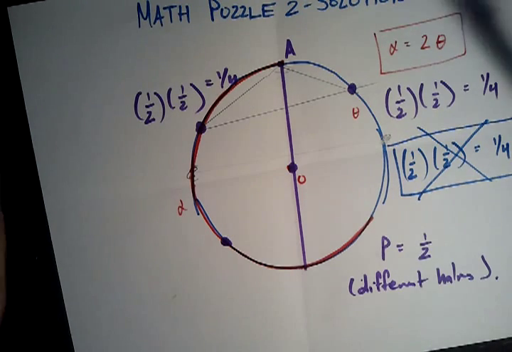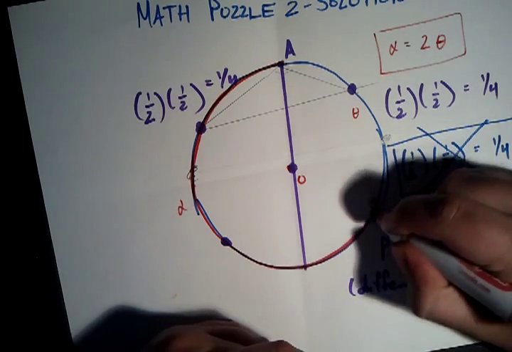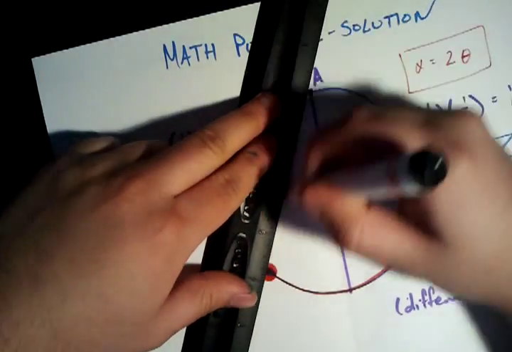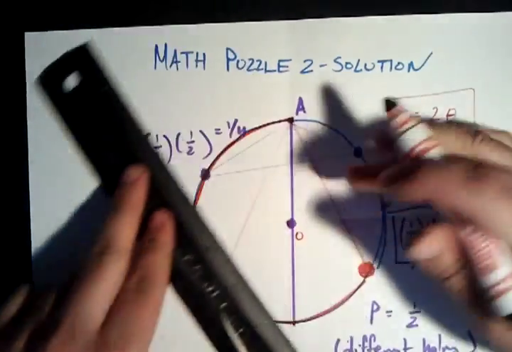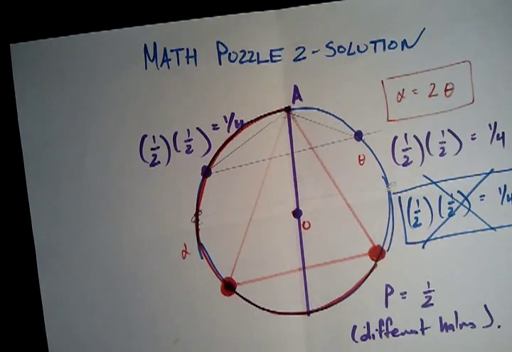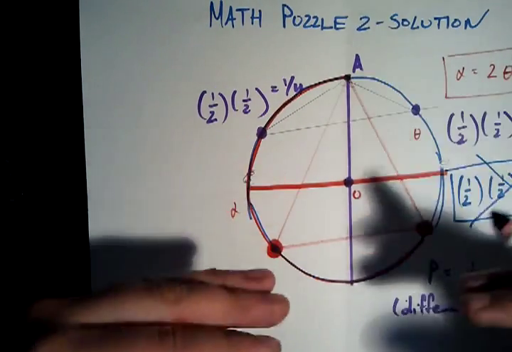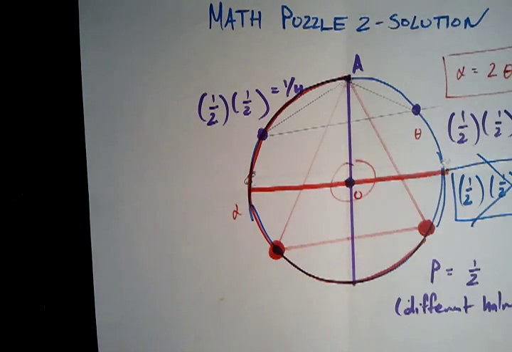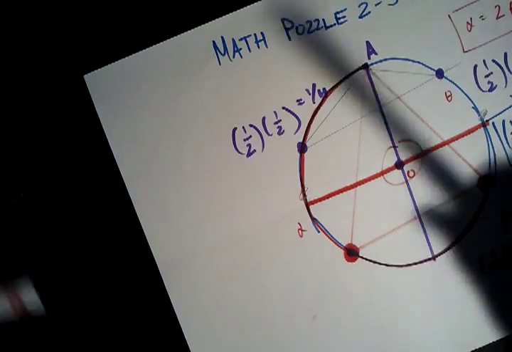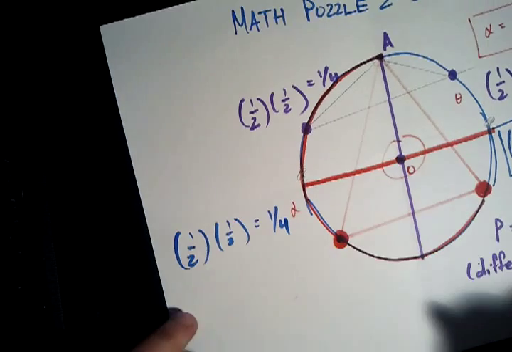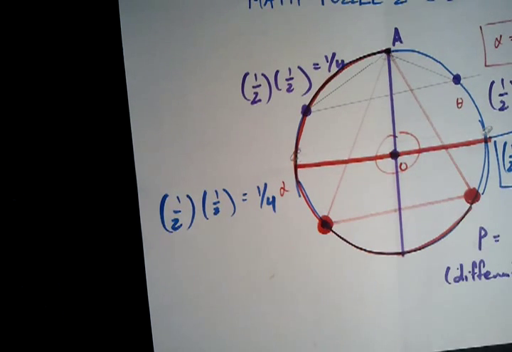But what we do notice is that if they're both in the bottom, then it always works. So if they're both down here, let's say, and we draw our triangle, my red is running out of ink, here's our triangle, then it always works, because notice that it's always going to be below this line, therefore it's always going to contain our center point. So what's the probability that they're both on the underside? And we see that that's going to be 1/2 times 1/2, which we keep seeing, equals 1/4, and it always works in that case. And now there's one case left to think about, and let's use a different piece of